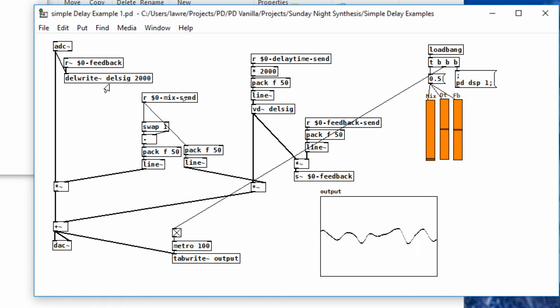And so this delwrite sends to this vd~ object here, and what it sends is the audio signal. And vd~ del sig, the del sig is the same symbol as here, so it's like a wireless connection. It sends the audio here. But vd~ also receives through its input the actual delay time that you want, which should range between your minimum